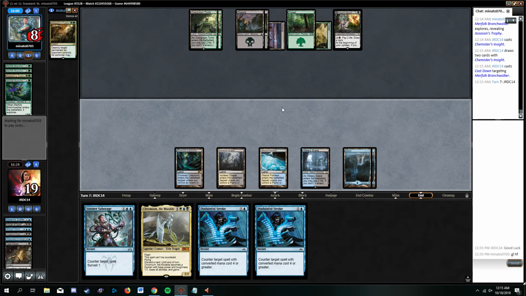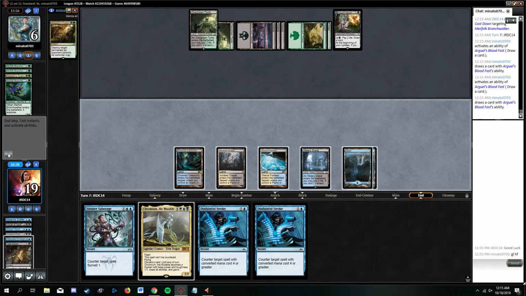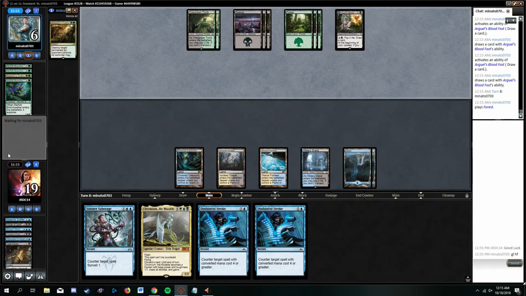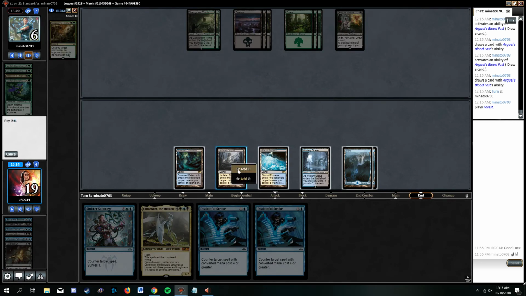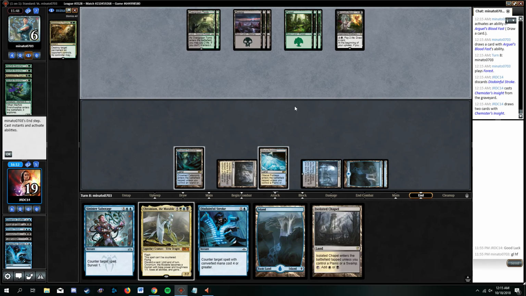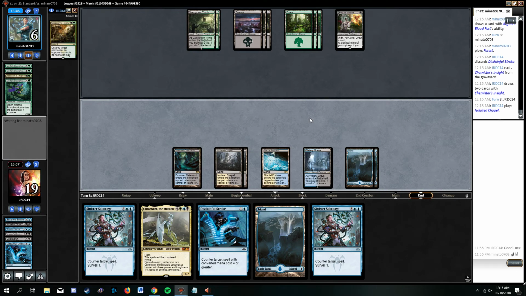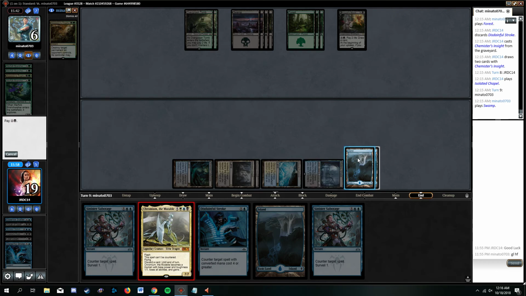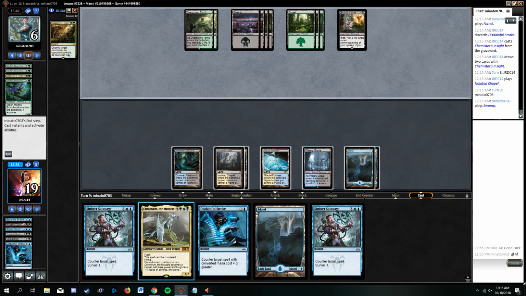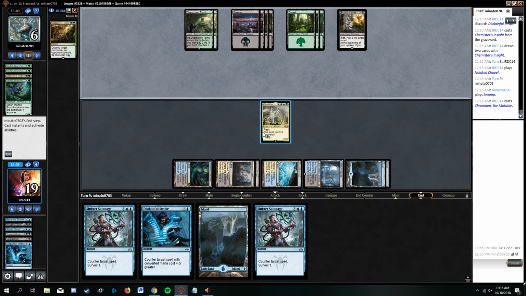I'm not happy about drawing Stroke, but alright. They're not giving any respect at all to Chromium, which is good. Alright. Chemist Insight. Disdainful Stroke. It's possible we have 7 removal spells. Oh, I guess I need to pay black for that. Yeah, I mean, they have to have...